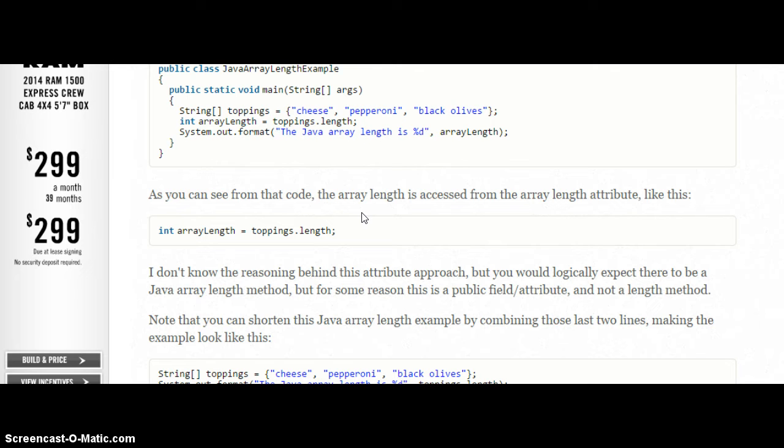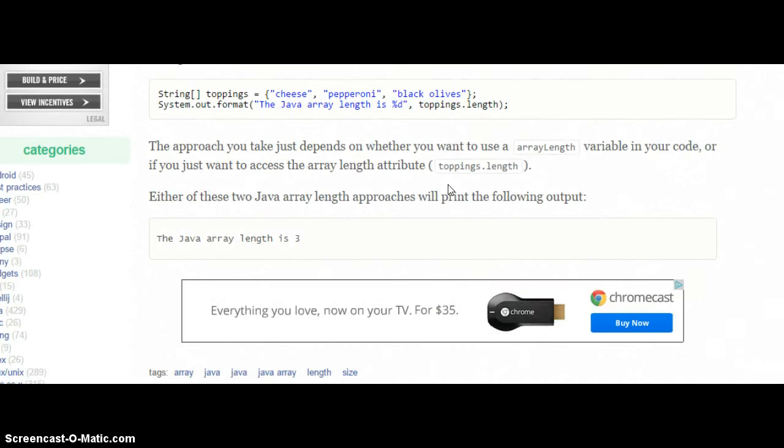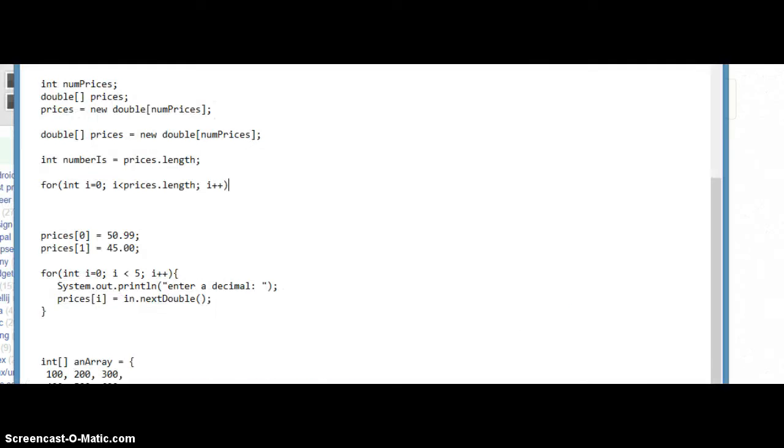So what they're telling you here is what I'm telling you, that you can use the array name .length when you don't know for certain, or if you just want to print out the length of the array, you can use that to do a nice little printout like this. And again, that's more for when you've let the user set the length and you don't know what it is. So let's just use this right now for one-dimensional arrays. We'll find out how it works with two-dimensional arrays. It's a little bit different, the information you get back. So for right now, when we're just dealing with a one-dimensional array, we can print out the length,